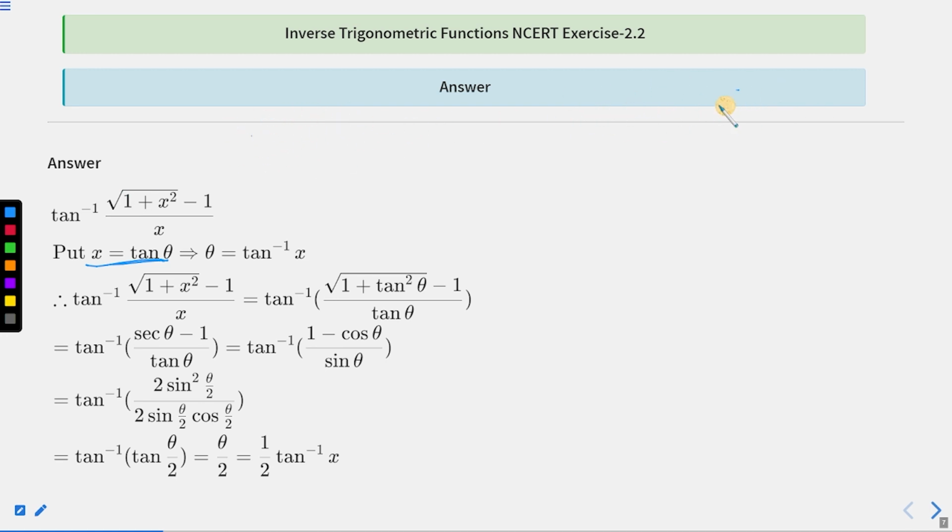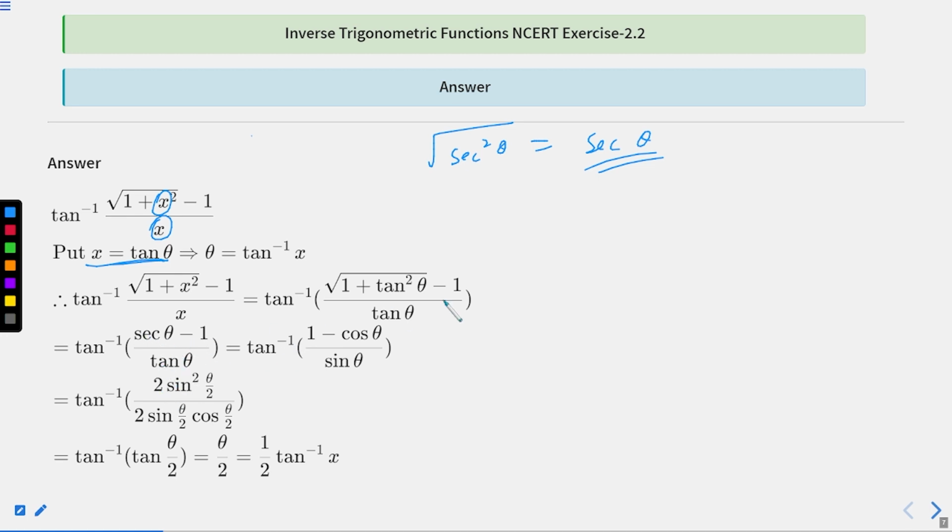Okay, let's see. So x is equal to tan theta. This implies that theta is equal to tan inverse x. Now putting x equal to tan theta, what you will get is tan inverse of root 1 plus tan square theta minus 1 by tan theta. Then 1 plus tan square theta is sec square theta. So root of 1 plus tan square theta will be root of sec square theta, and this will become just sec theta. So your expression will become tan inverse of sec theta minus 1 by tan theta, and from